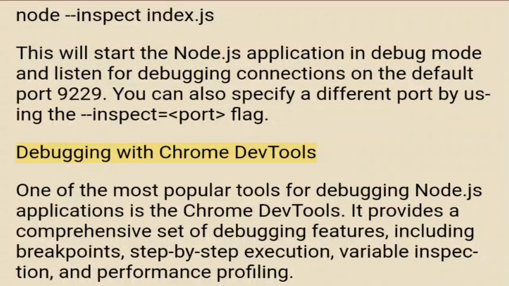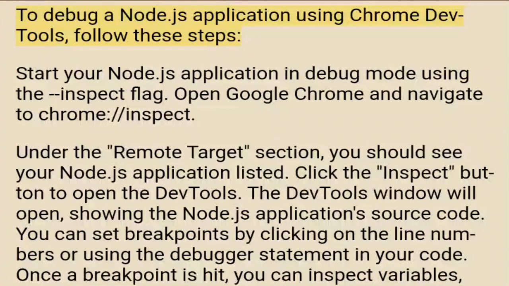Debugging with Chrome DevTools. One of the most popular tools for debugging Node.js applications is the Chrome DevTools. It provides a comprehensive set of debugging features, including breakpoints, step-by-step execution, variable inspection, and performance profiling. To debug a Node.js application using Chrome DevTools, follow these steps. Start your Node.js application in debug mode using the inspect flag. Open Google Chrome and navigate to